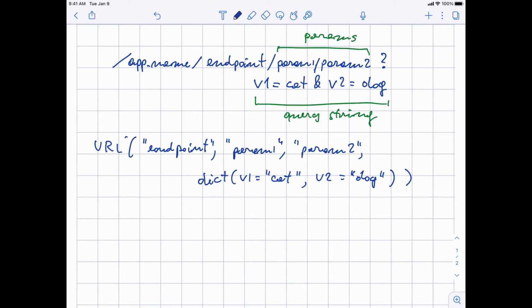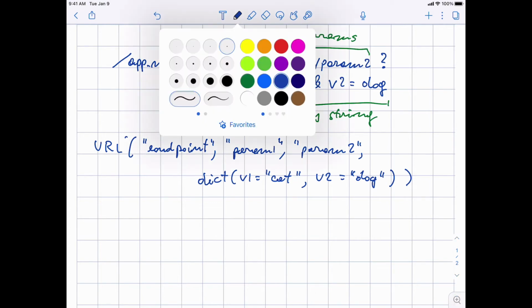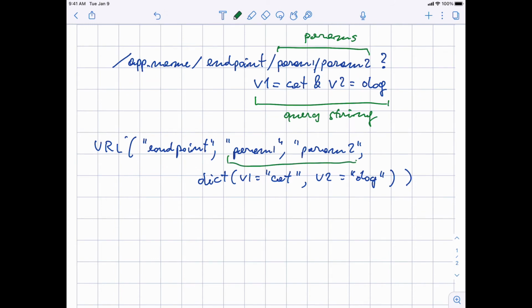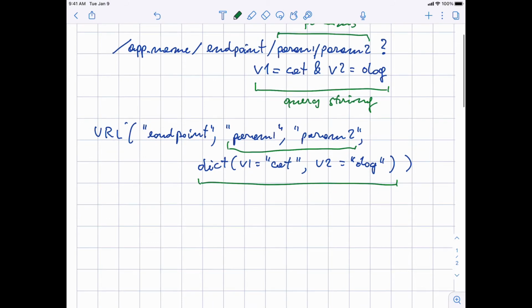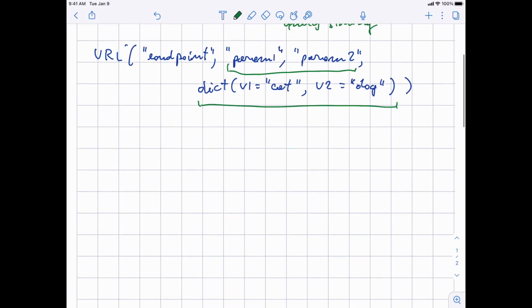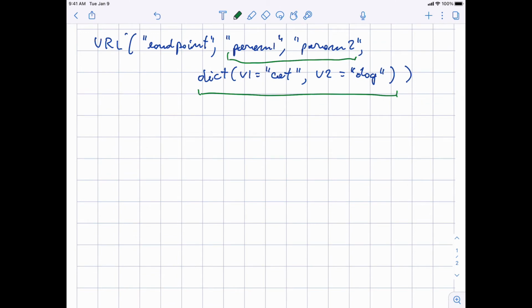But I think the main question I want to deal with now is this. What do you have as parameters and what do you have as query string? So this is a little bit up to you in truth, but I have a general rule that has always worked well, which is for parameters, I write params for brevity, you want to have compulsory arguments. So arguments that always need to be there, okay? Arguments without which the URL call itself wouldn't make sense.